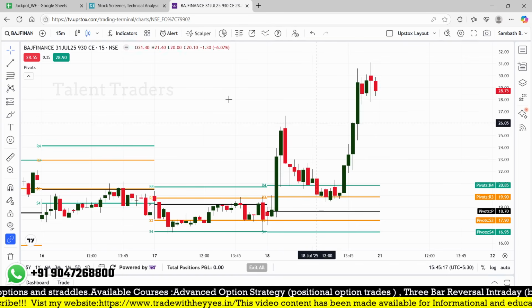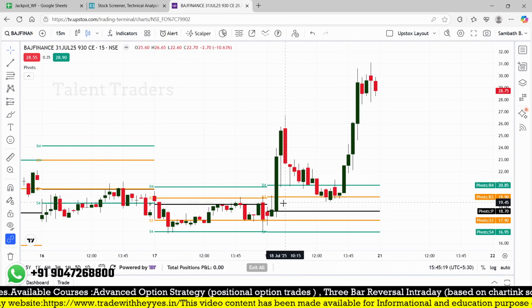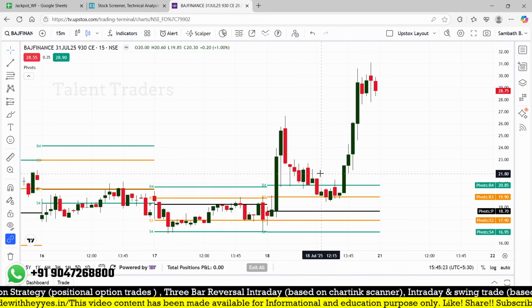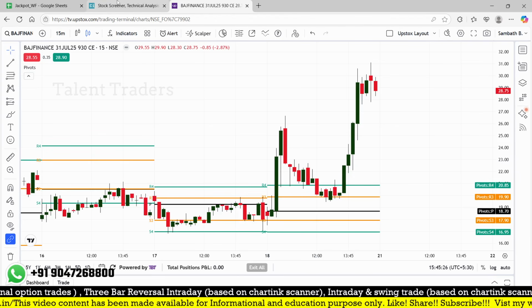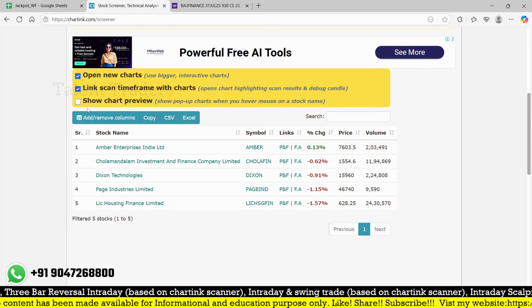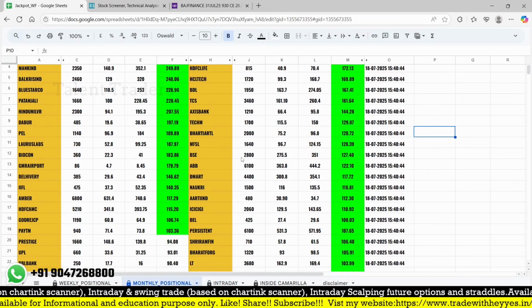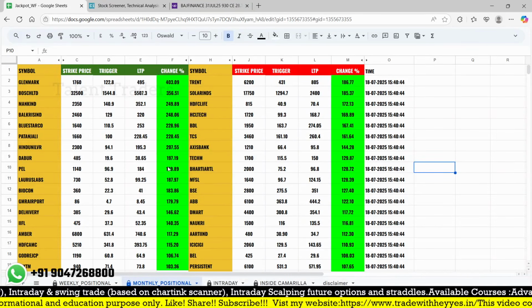But meanwhile, we need to check that it should not break in the first candle, or it should break out for the first time. We can focus on that particular stock, which may be useful for one or two intraday findings. So exactly this monthly sheet, as of now this month we have a lot of opportunities in call and put